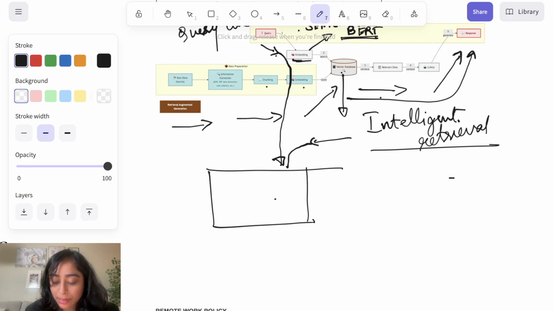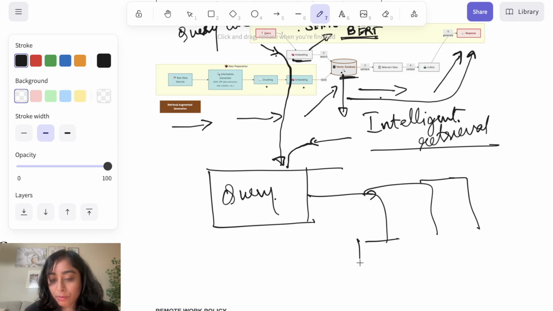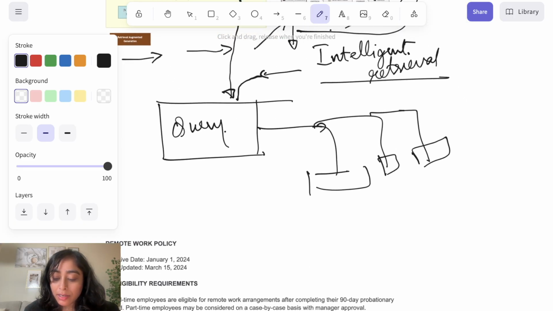It takes the query, and instead of passing it through the vector database to extract the top n number of chunks, it'll go through 3 parallel ways of extracting information. These 3 parallel ways would be: 1, the similarity search from the vector store,